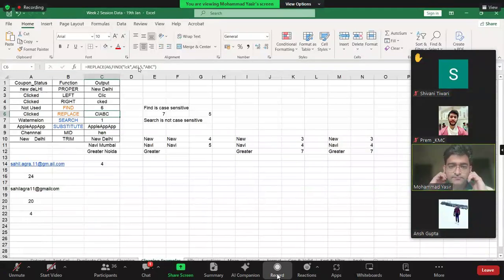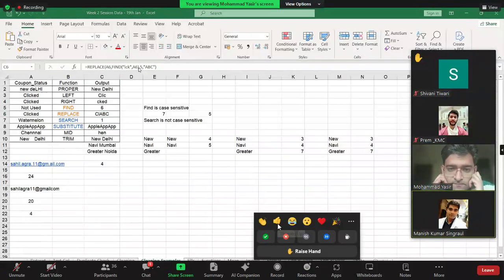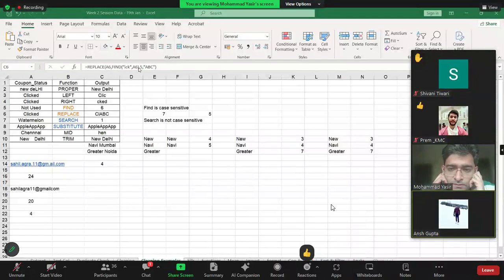Any doubts? Yes, I have one doubt. Yes, Ansh, go ahead. In case we want to replace the entire text, for example, instead of clicked, I want unclicked in the data set, I'll go with replace, then A6, then apply the find function, then again click on A6. For that, Ansh, there is another function which we will discuss immediately now. But on the combination of find and replace, is there any doubt, any question at all?